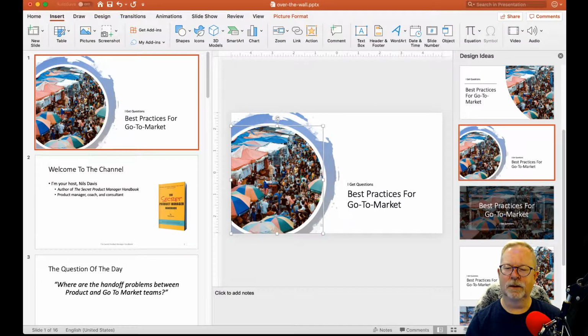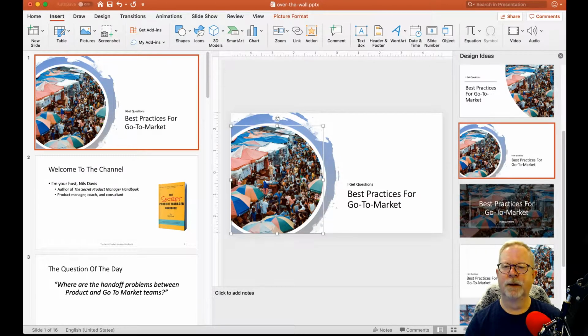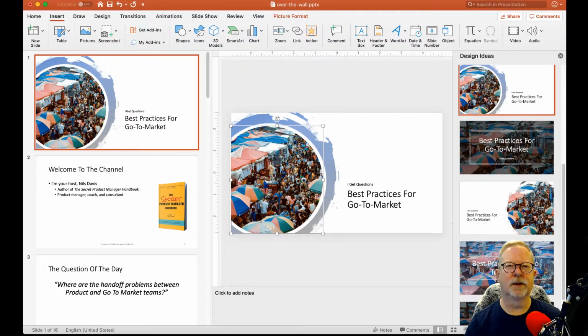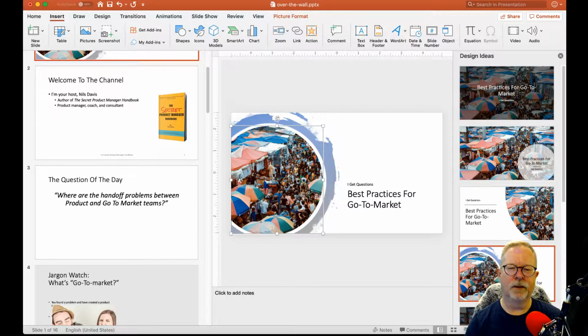Now, of course, the downside of what Designer does is that it has a limited set of things it knows how to do. So it knows how to do the circle cut, it knows how to do this splash little background, and it'll put them in different colors sometimes depending on the color theme of the presentation. But those are essentially what it'll do. Now, if we go back to this